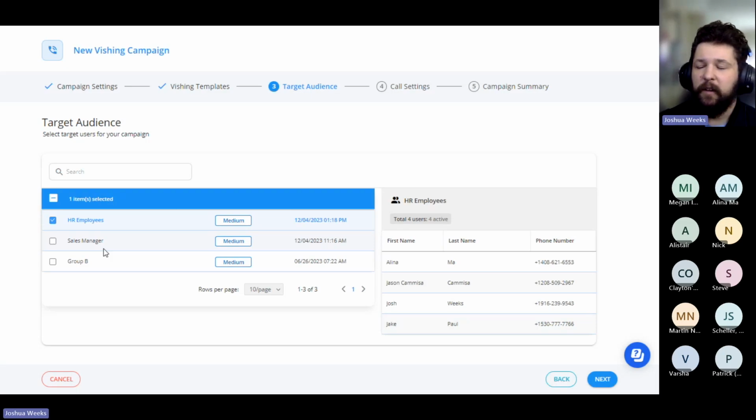And then finally, if your engagements are a little bit smaller, or if this applies to your use case, we do offer manual or CSV file upload. So you could take a file of your employees' information and upload that into the platform, do some field mapping, and you'll have your employees in here. We'll select this target group, but we could select multiple target groups as well. Go ahead and click next.